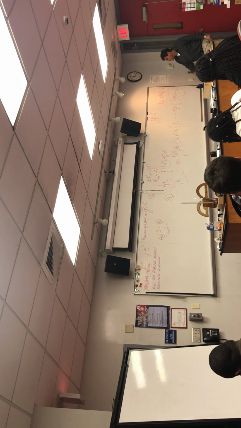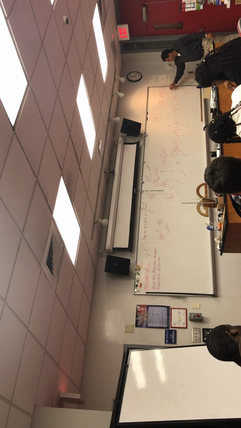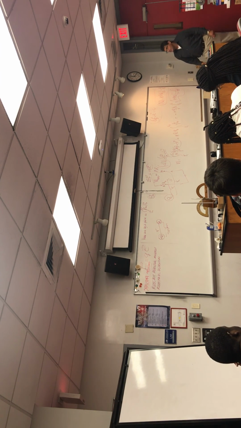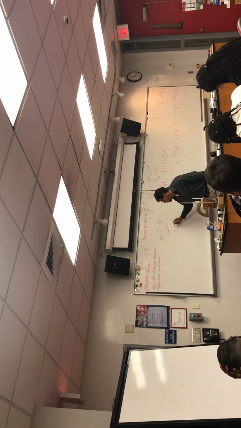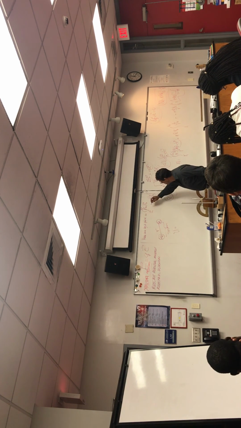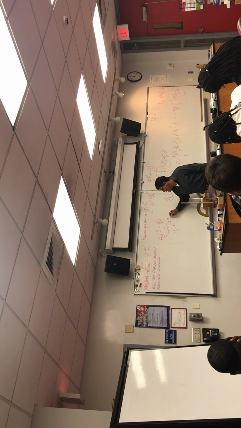At infinity, this is zero. I'm going to call it U, assuming U at infinity is zero. So U is K Q1 Q2 over